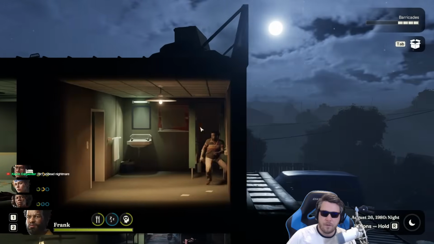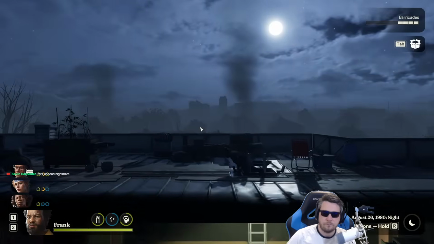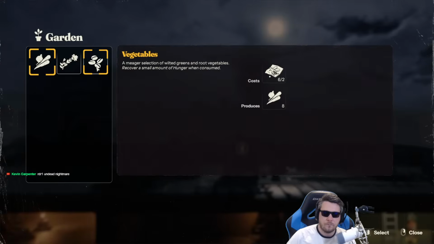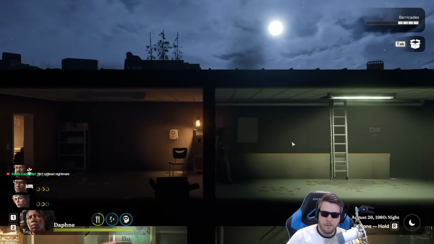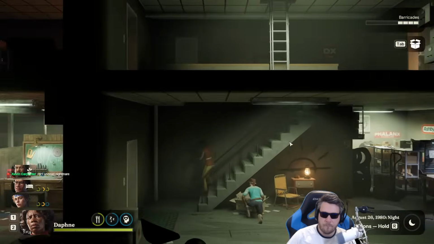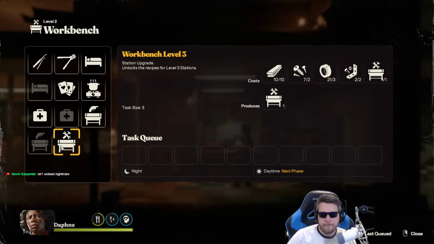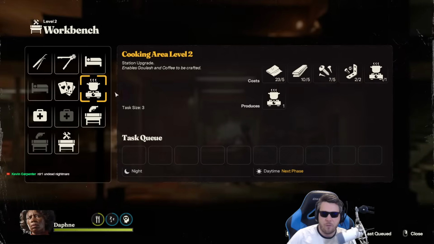Frank, let's get you on. We could do gardening again. We'll be here for a while. Daphne. Workbench level triple. Unlock recipes for level 3 stations. Actually, oh, can we do...